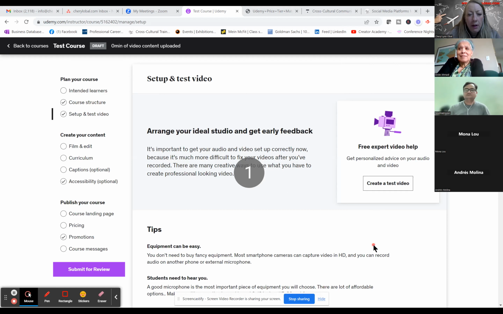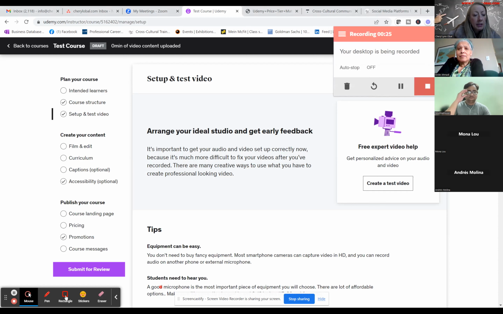Good. Then it's going to start recording, and it's going to record you. Now, the picture is not there, probably because I'm already online on a camera, so it's probably just recording whatever's going on here and not me. But normally it would put your little face in the right corner, and then you can click and drag it wherever you want. That's how screencast software works. Then you just click stop whenever you're ready.